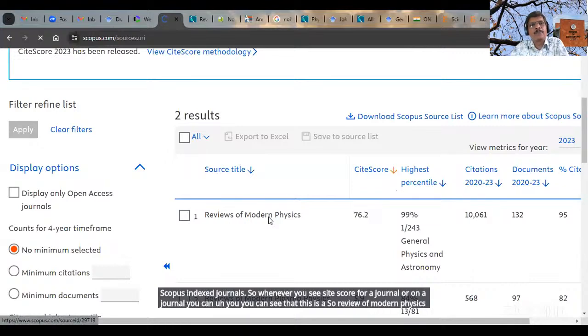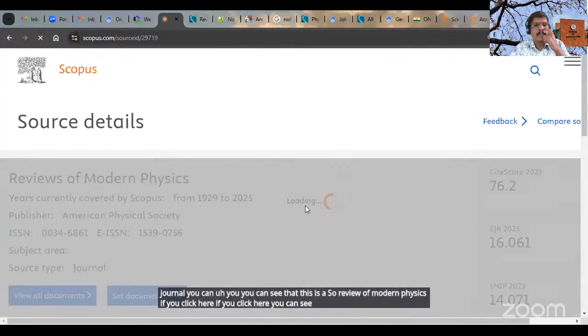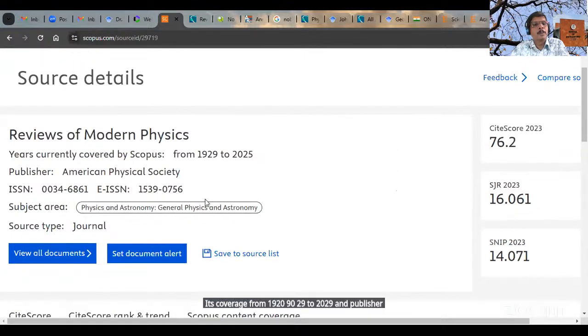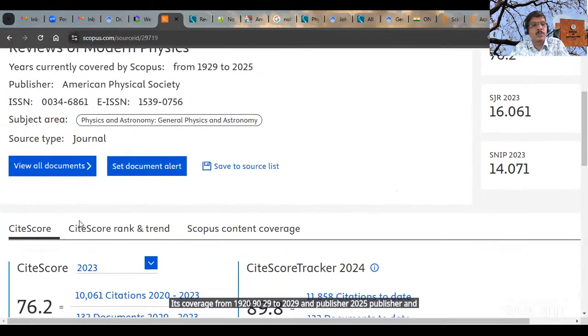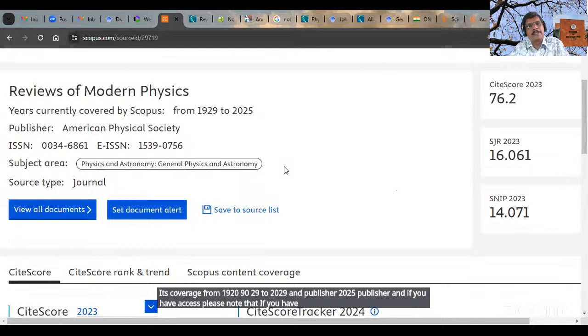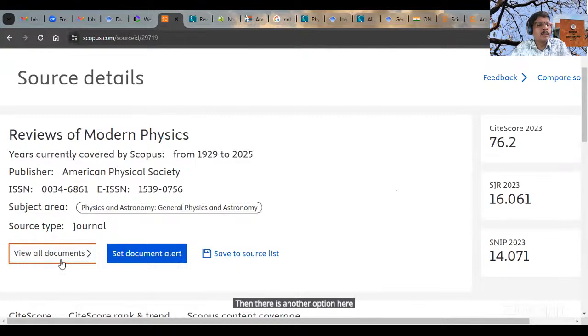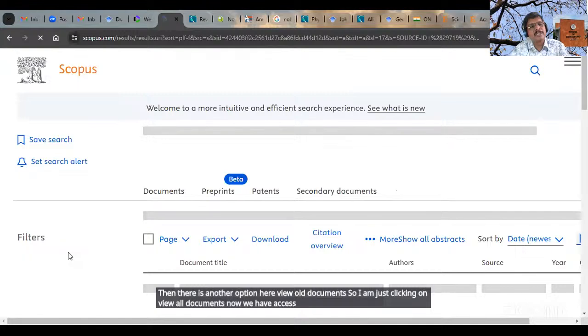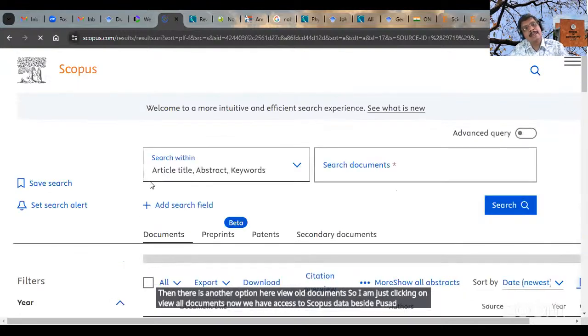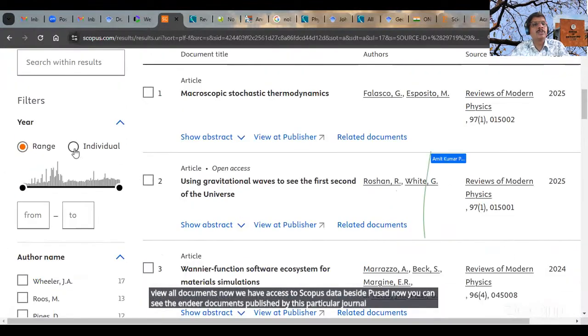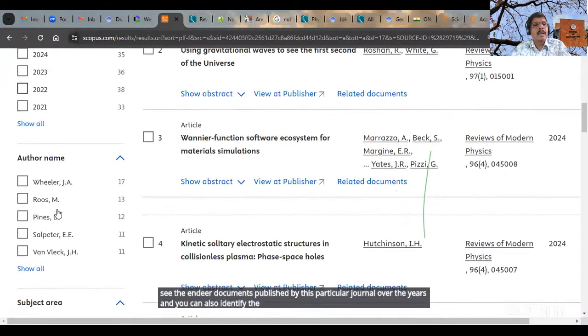So Reviews of Modern Physics. If you click here, you can see its coverage from 1929 to 2025, and the publisher. And if you have access to the Scopus database, please note that there is another option here, view all documents. So I am just clicking on view all documents. Now we have access to the Scopus database at CUSAT. Now you can see the entire documents published by this particular journal over the years, and you can also identify the year-wise output and author-wise,